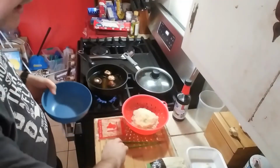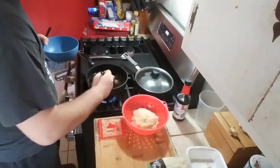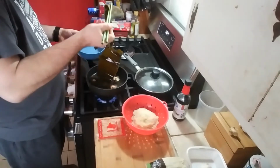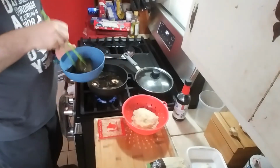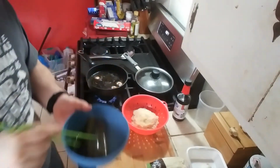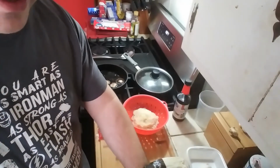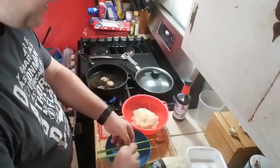Alright, so my pot has just started to have little bubbles forming in it, and that's the time where you want to go ahead and grab the kombu out of your stock, because you don't want anything to get super funky. And I just put that back into the bowl I set as the base. And with that done,